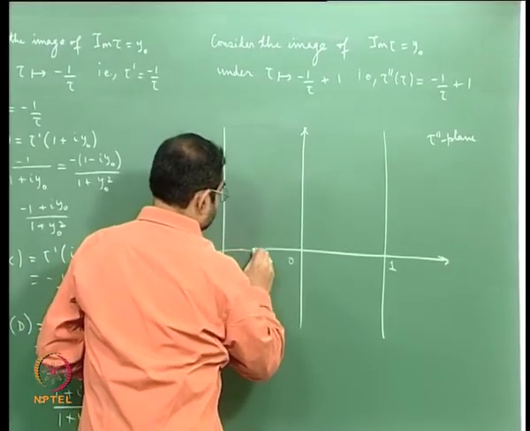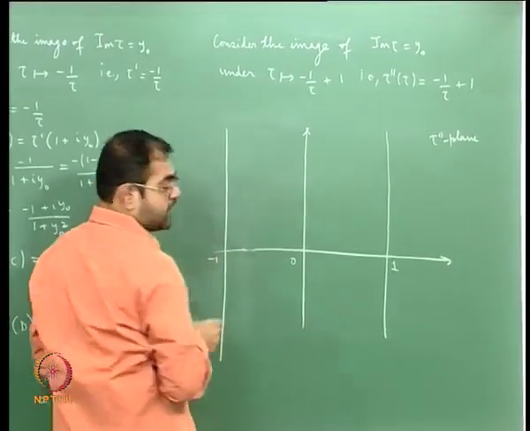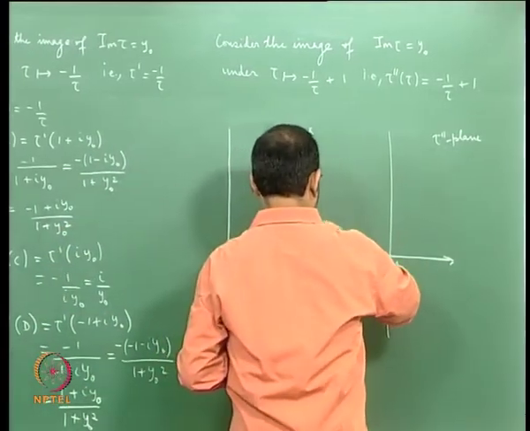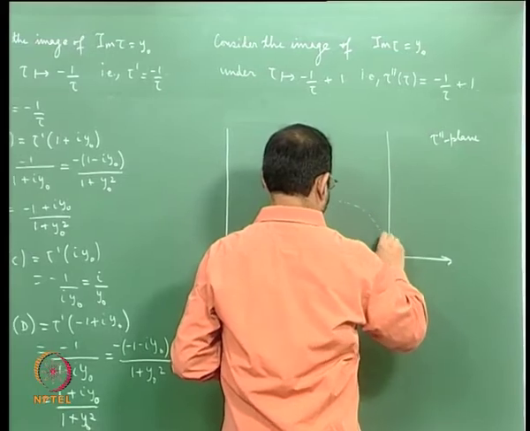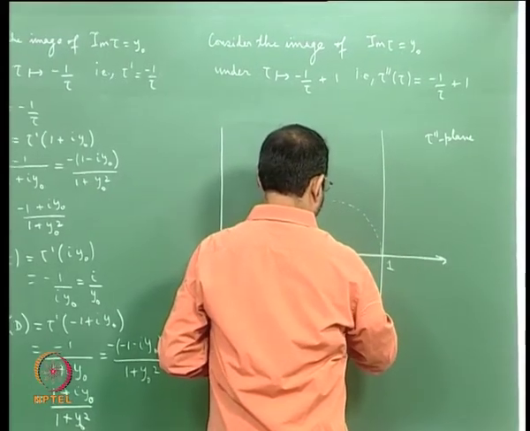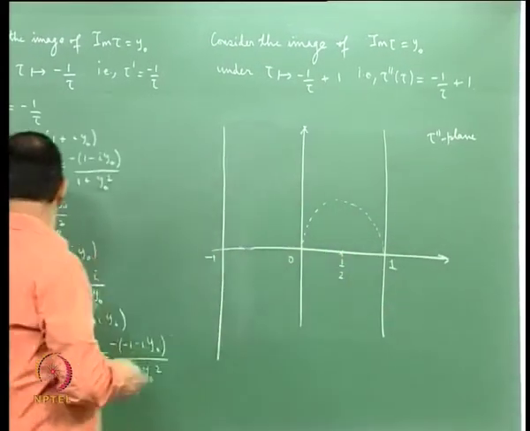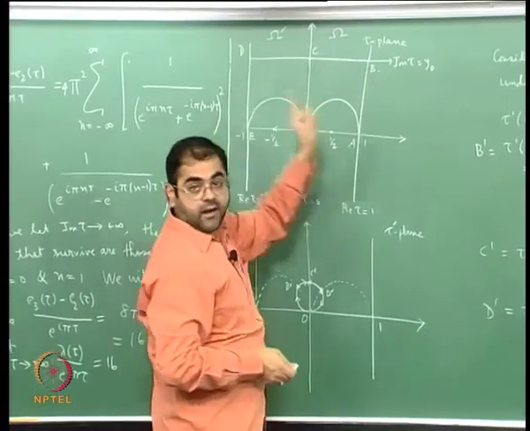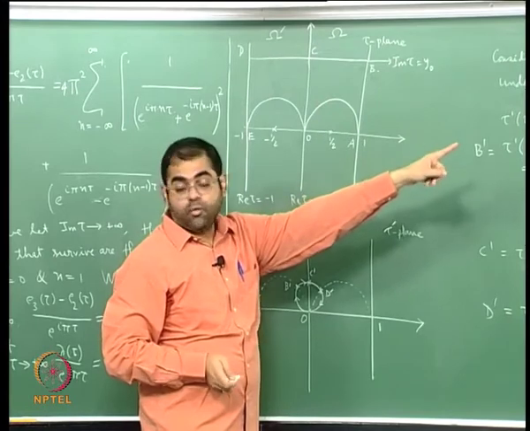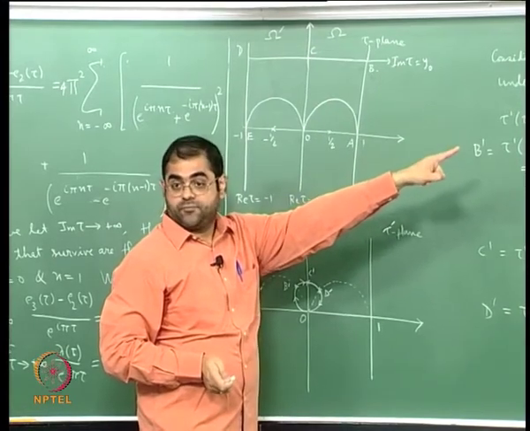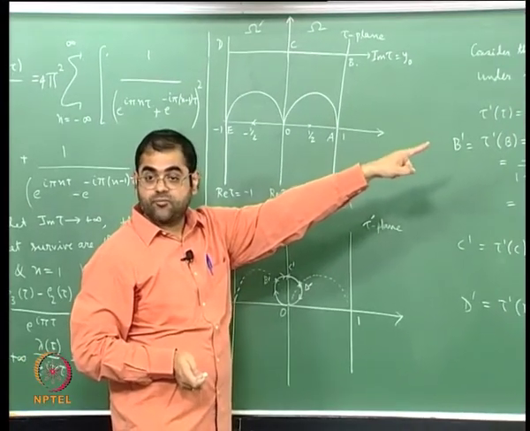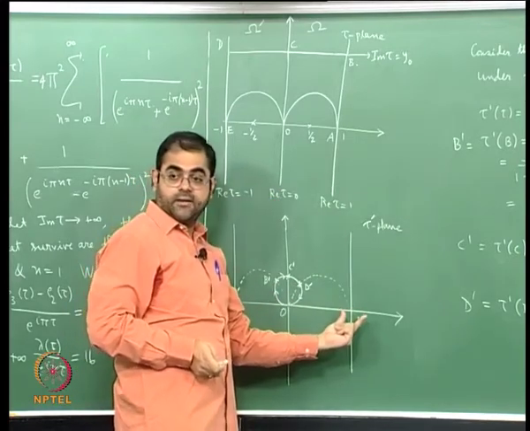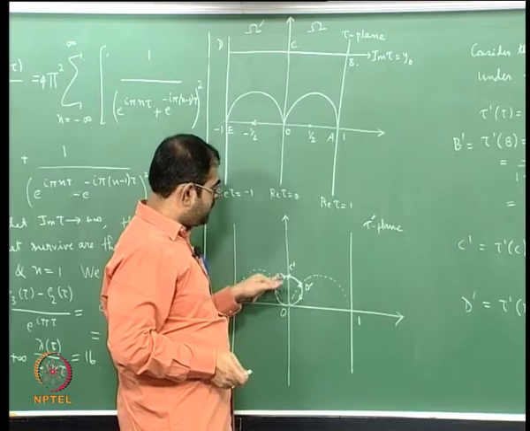Right, so this is minus 1, and then again you have this semicircle centered at half. And what will be the image of B, C, D under the mapping tau going to tau double prime, which is minus 1 by tau plus 1? It will be just a translate of this circle by 1. Alright, and I will get again the corresponding points B double prime, C double prime and